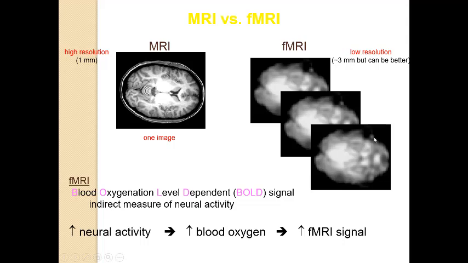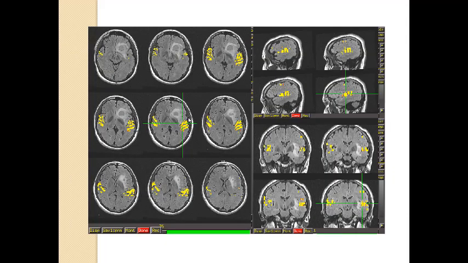Right? So this sort of blurry cloud is actually the blood oxygen level signal, the BOLD signal, but it is a very low resolution. We can, however, map this sort of fuzzy blob onto the anatomical scan. We can match them up, and we can actually then see in these heat maps where the blood oxygen level changed the most. This is a screenshot from a program called AFNI, which is a freely available program that is